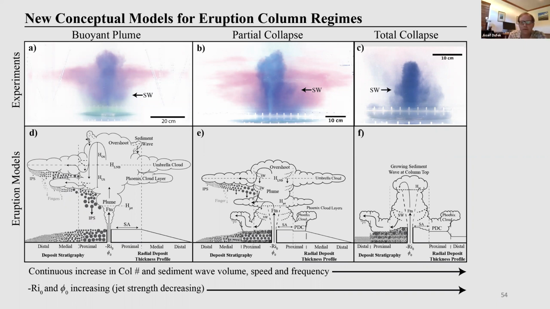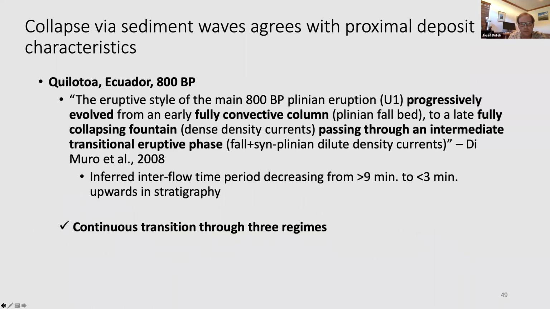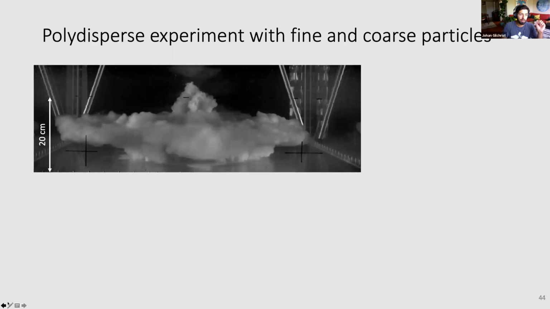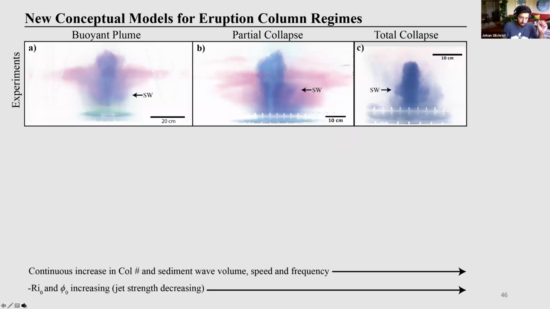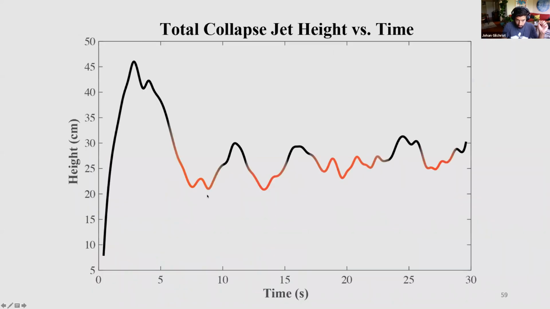Yeah, well, that's great. I had a similar question about the last video you showed, where you had the fine particles included. It seemed like you had the highest height initially, and then the height decreased as you changed the background. And yes, with all our experiments, they go through this. Actually, I'll just show you a height time series that I have here. Especially with the total collapse, you get the highest height initially because you're injecting into